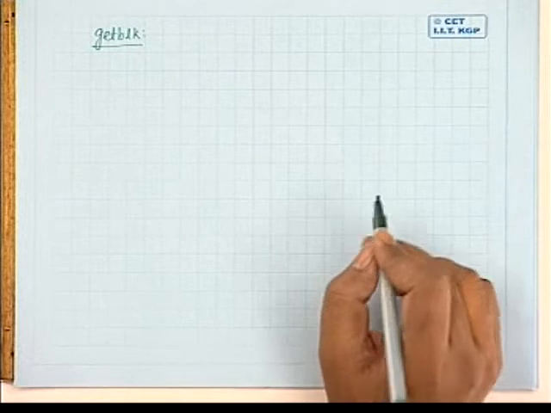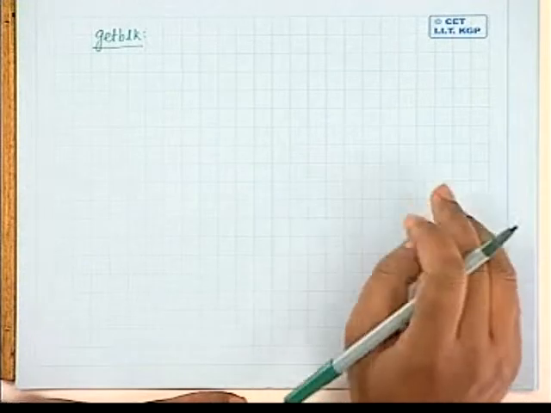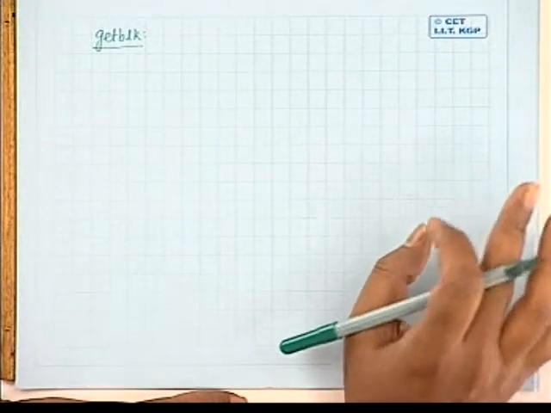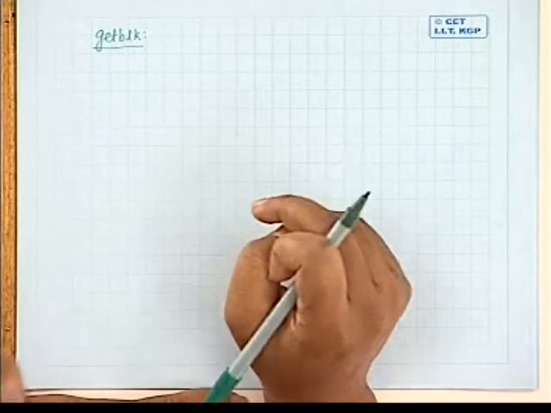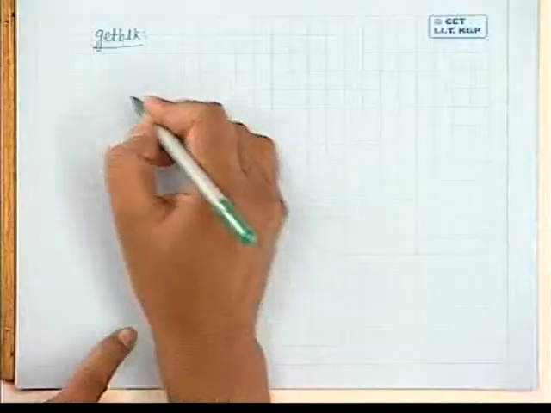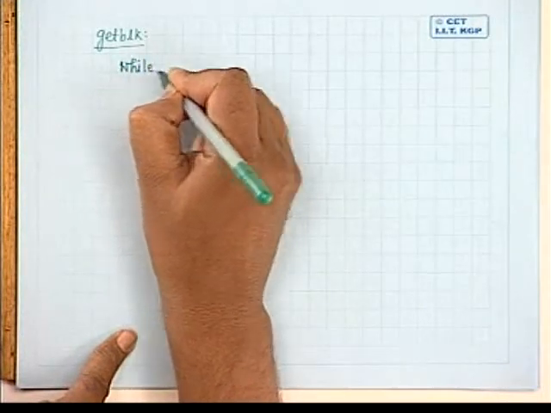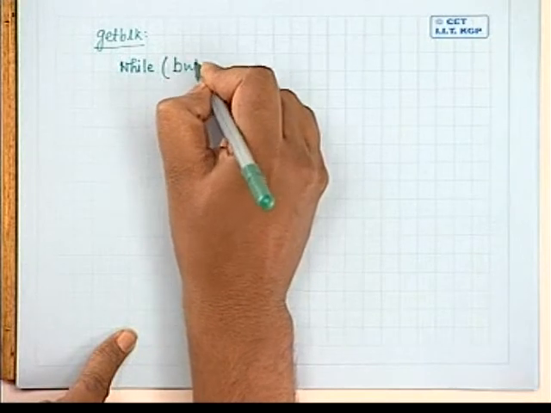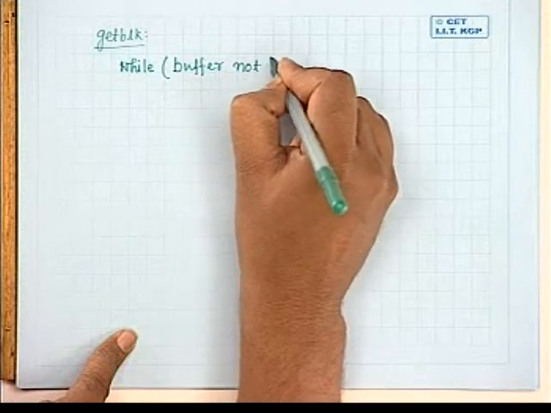Okay. And what will be input to this getblk algorithm? That is a file system block number. A process has put a request to access a particular block number. So the input will be the file system block number, and output will be a locked buffer, the locked buffer which will be given to the process for operation. So you can put the algorithm like this: while buffer not found,